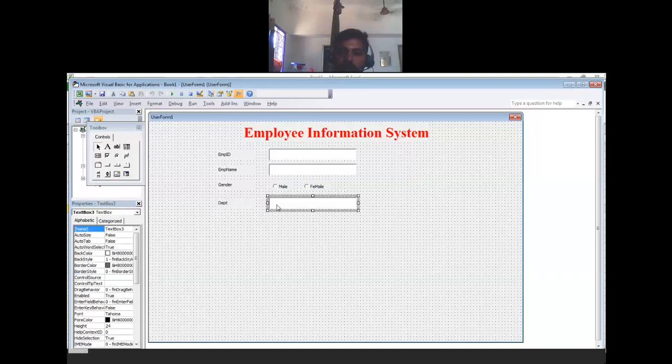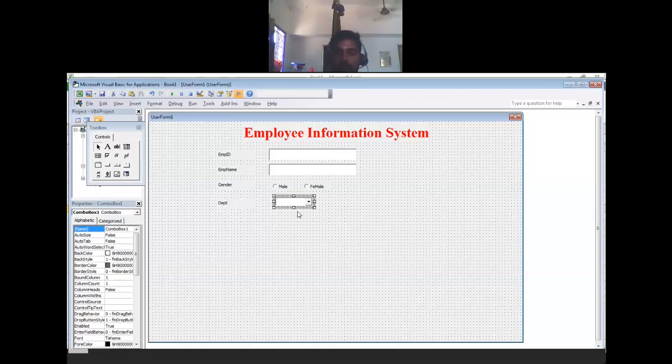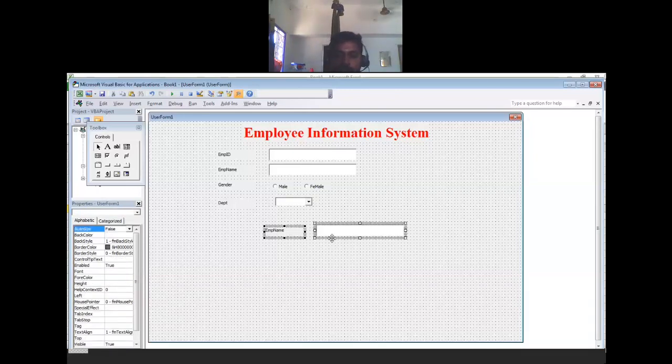Department also is not a text box. What I'm using is a combo box. This is a drop down list. I'm using it like that. How to fill the data I'll tell you later. Let me finish the designs first, and after the combo box,